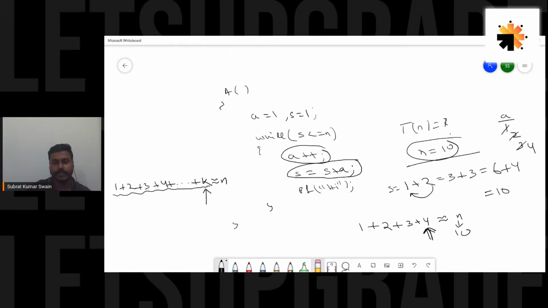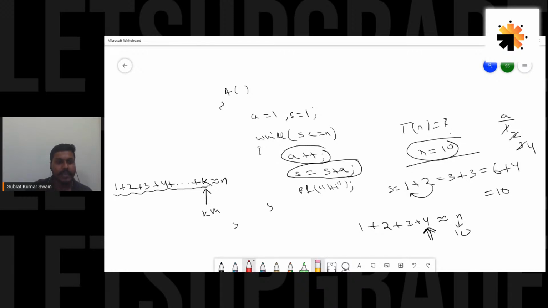That would give you the time complexity, not exactly the total of this. When I said at the kth step, when we add k, we will reach n, the number of steps is nothing but the time complexity. I have already said it. So we have to find the value of k, and how can we do it? It's very easy.